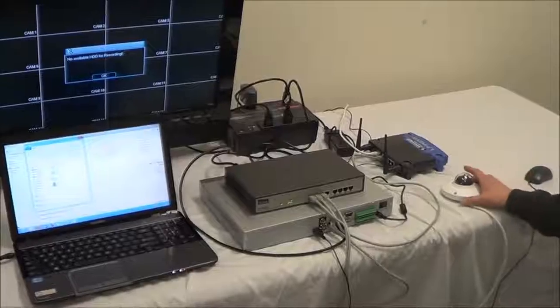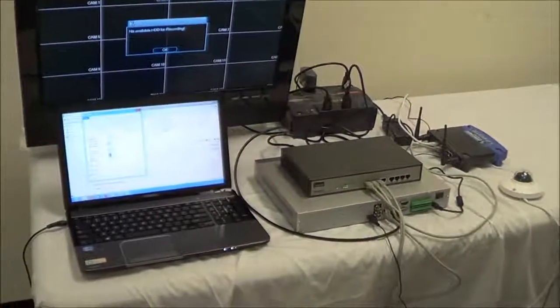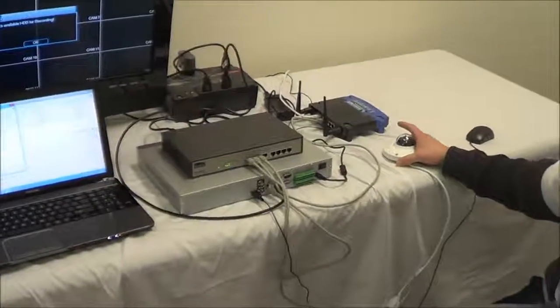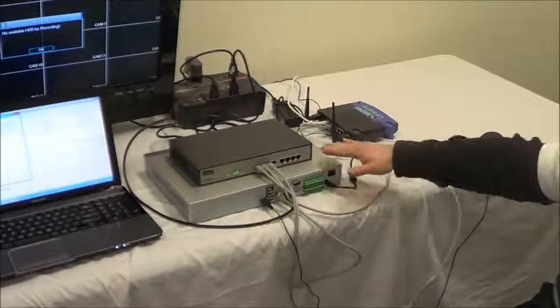Now that the IP camera is connected to the system, the next thing we need to do is introduce the computer. And to do that, you have to make sure that the computer is hooked up to the same router that the NVR and the camera is hooked to. And once you do that, you have to configure the camera to the network, just like we did the NVR